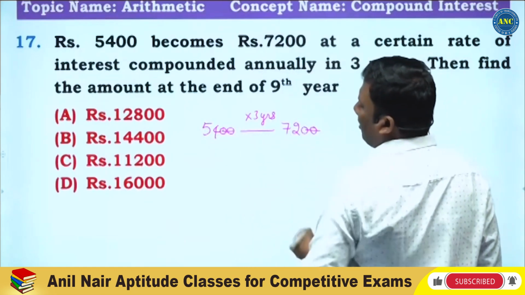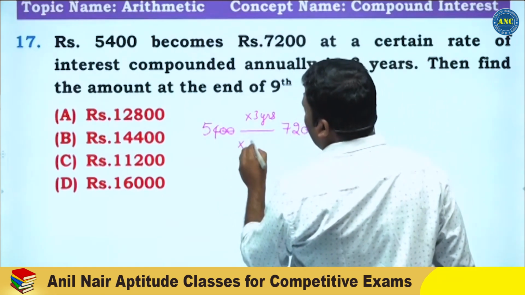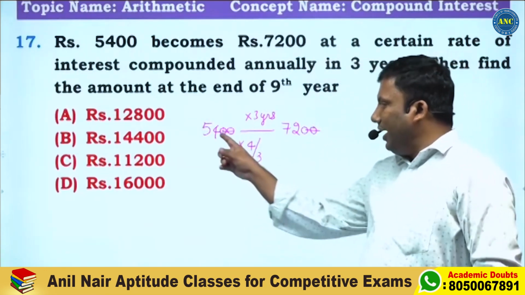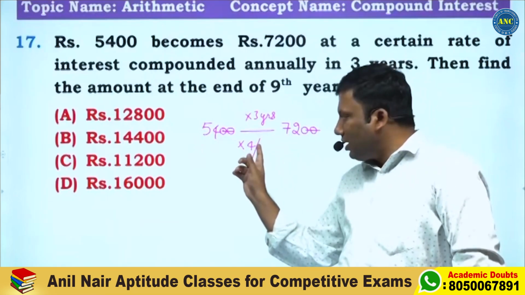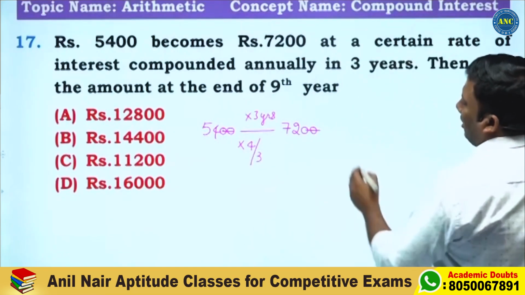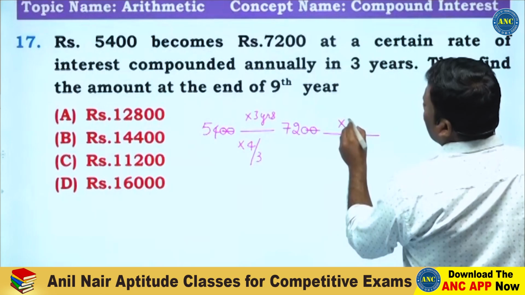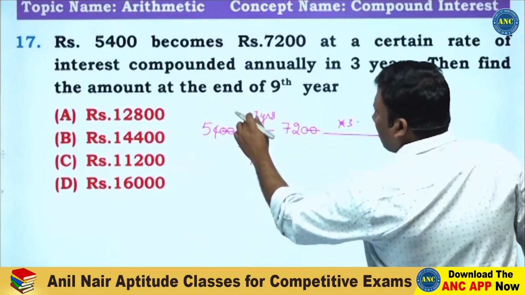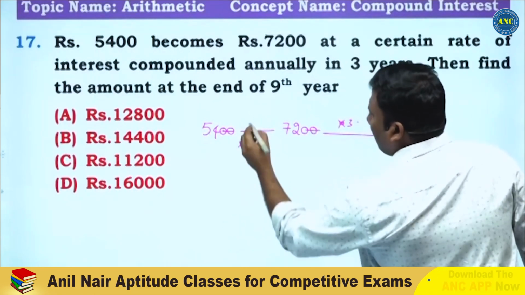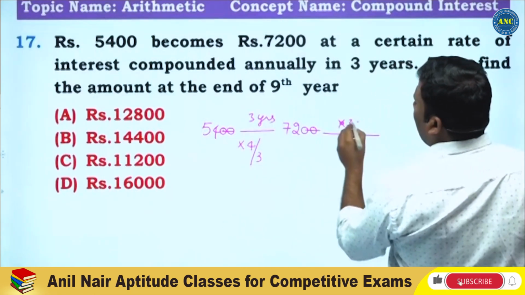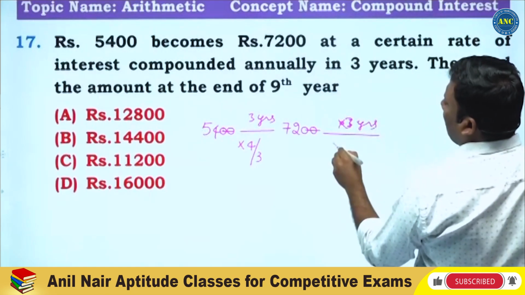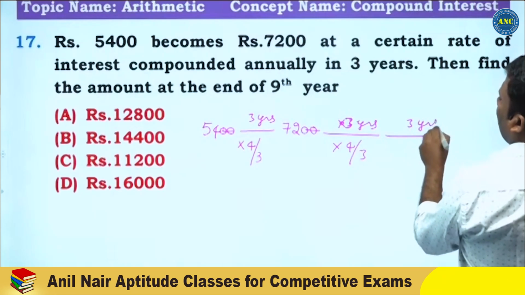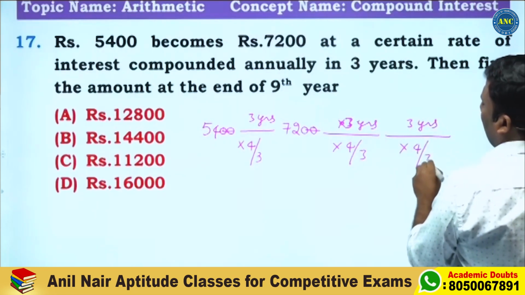The zeros cancel. 18 3s are 54, 18 4s are 72. So it is into 4 by 3. Again after 3 years, it will be 4 by 3. Again after 3 years, it will be 4 by 3. So the answer will be